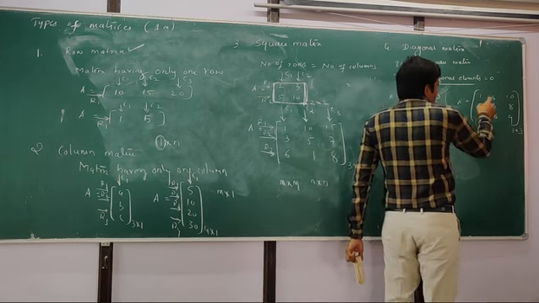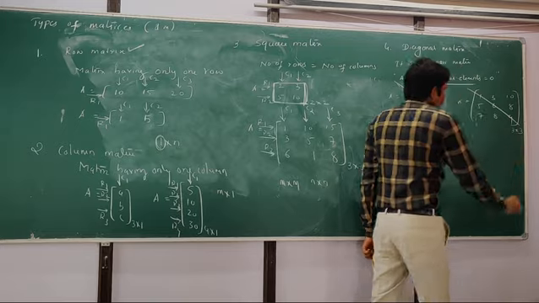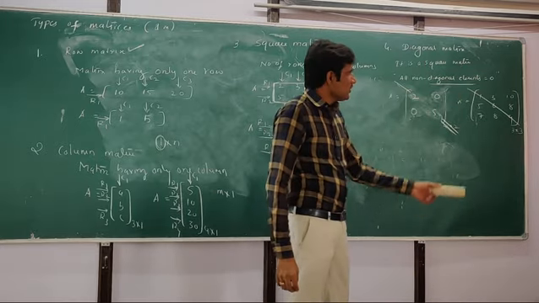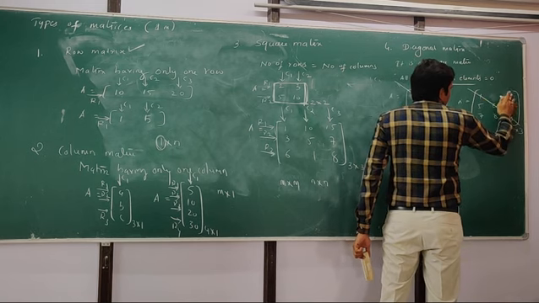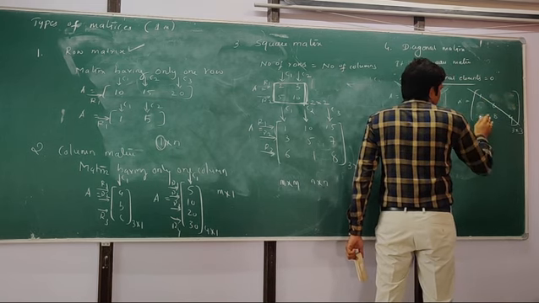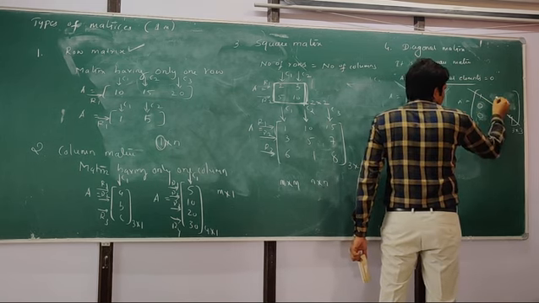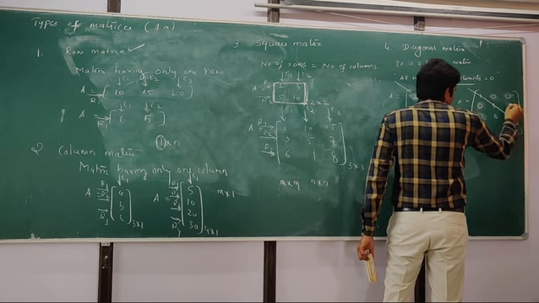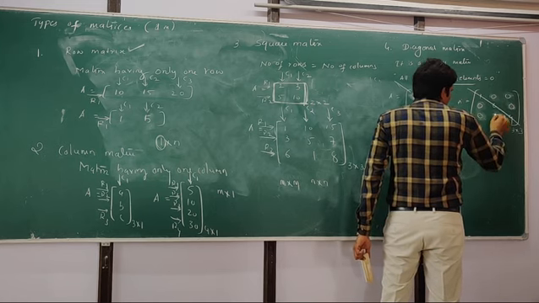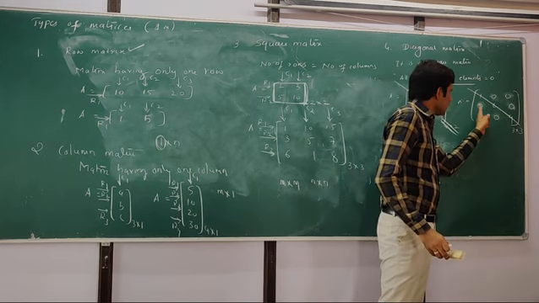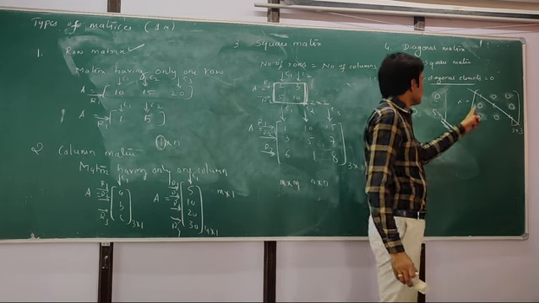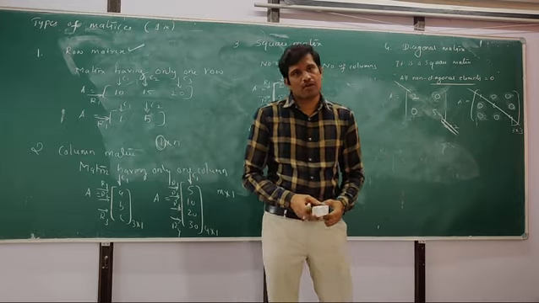So here also we can see this is the diagonal. The elements presented in the diagonal are 1, 6, 9. Other than these numbers, all the other numbers must be equal to 0. See, this must be 0, this must be 0, this is 0, this is 0, this is 0, and this is 0. Therefore, the elements other than diagonal elements must all be equal to 0. Then such a matrix we call a diagonal matrix.